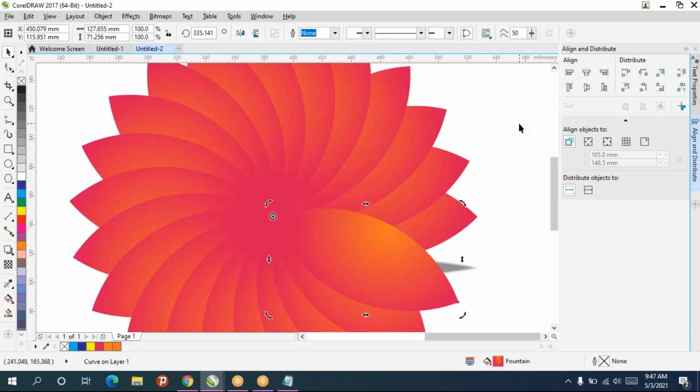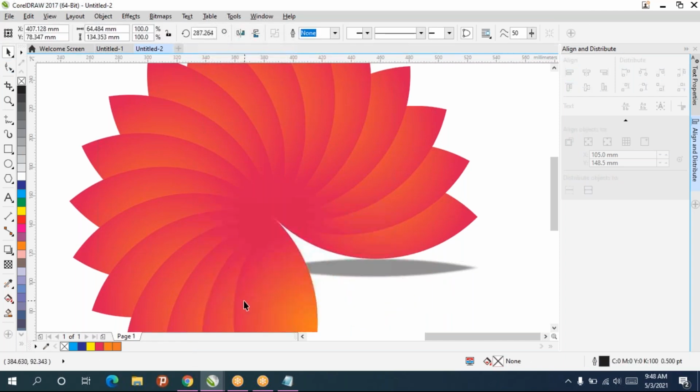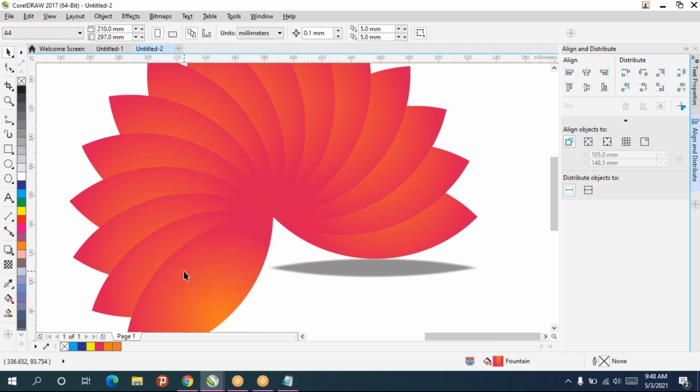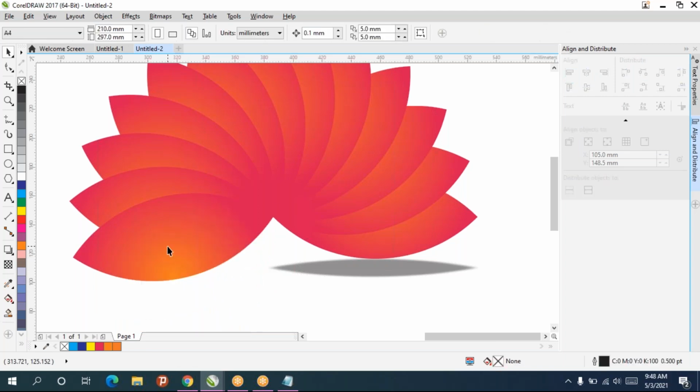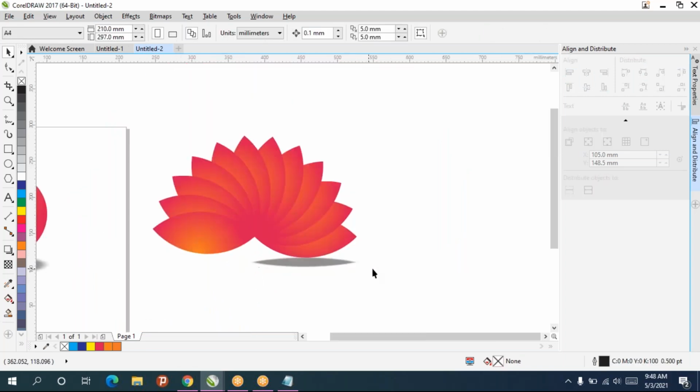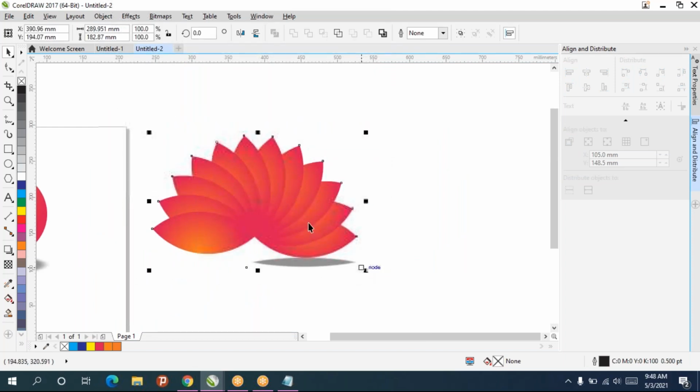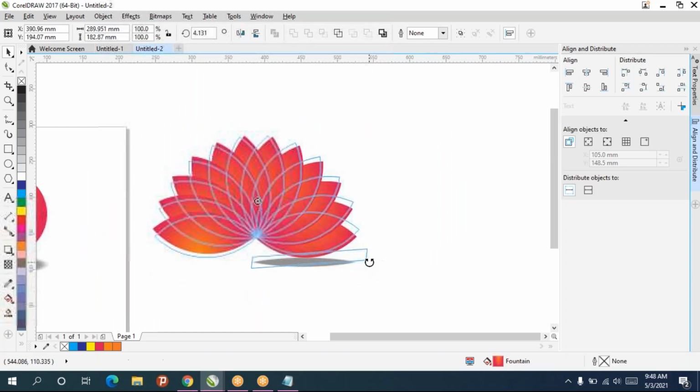And if you don't want anything, just delete it. This one I'll rotate a little bit.